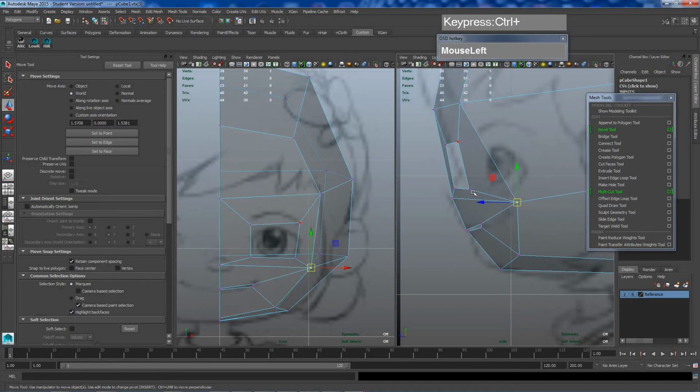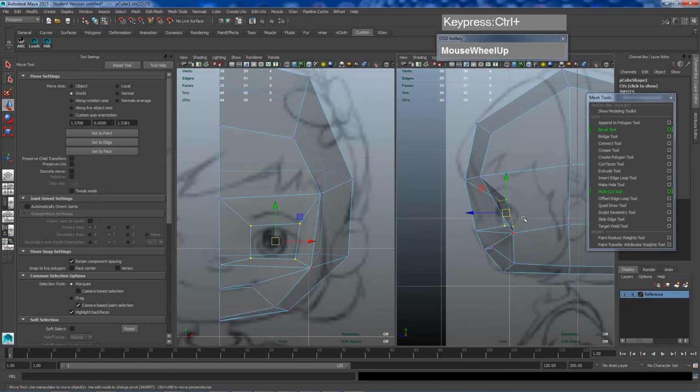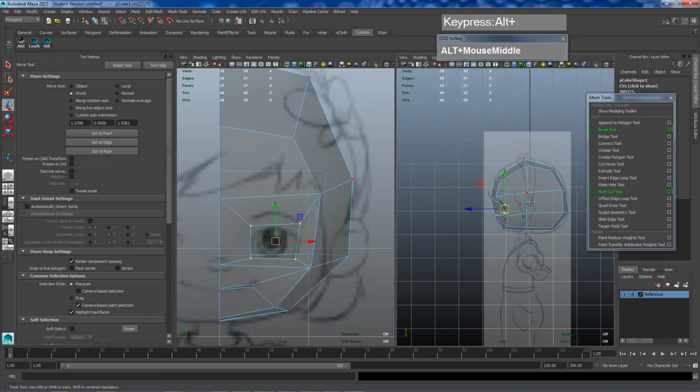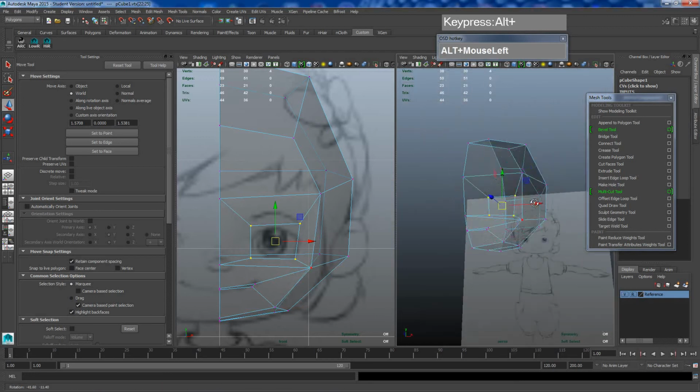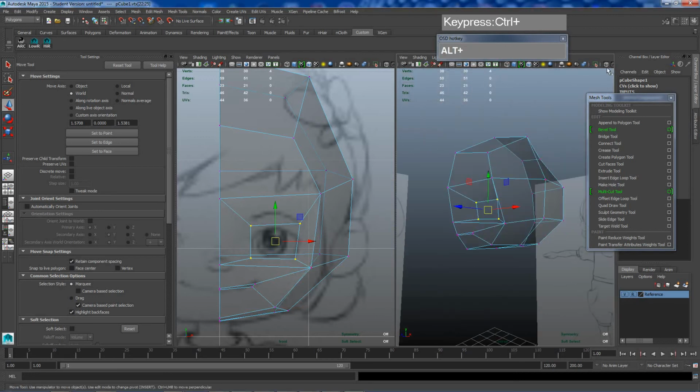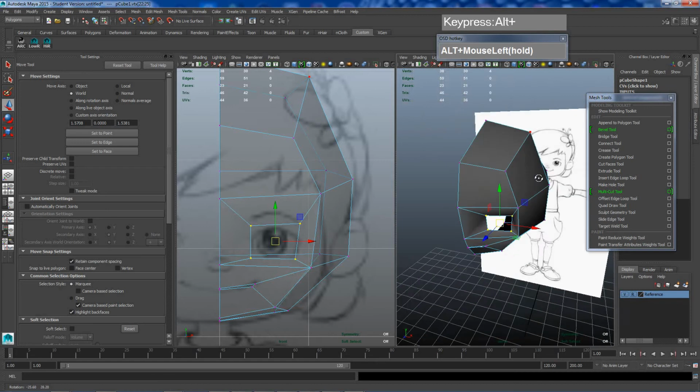And then for these vertices that form the basis of the eye, I'm going to pull it back until it matches the position of the eye socket. Alright, so I'm going to leave it as it is for now, and if you were to go to the perspective view, and I'm going to temporarily turn off the X-ray view, you're going to end up with a shape